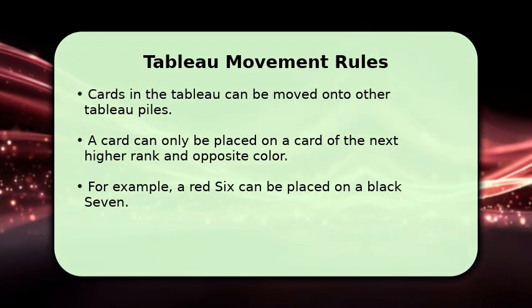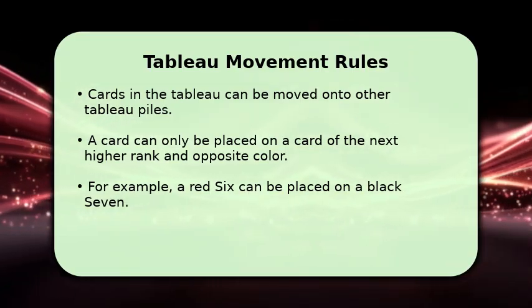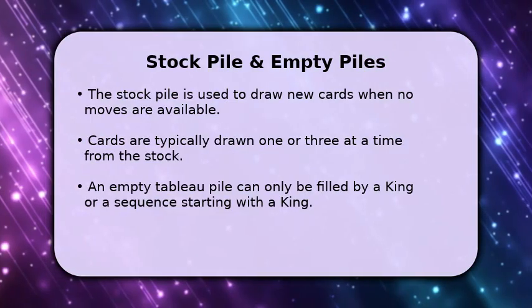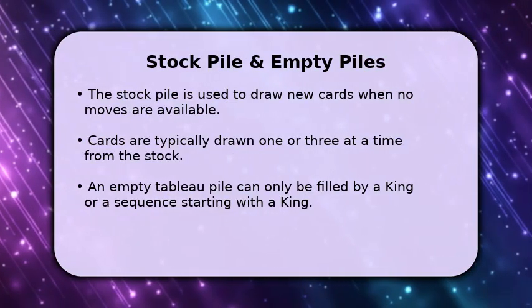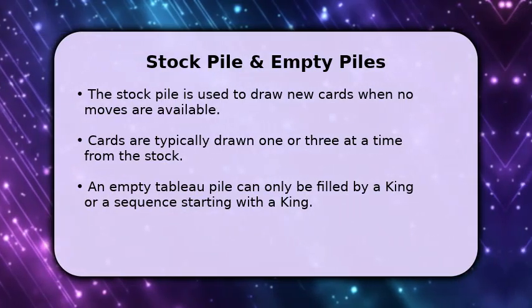When you move a card and expose a face-down card beneath it, you immediately turn that newly exposed card face up, revealing new possibilities. When you run out of moves in the tableau, turn to your stock pile. You can draw cards from the stock, usually 1 or 3 at a time, to reveal new cards that might